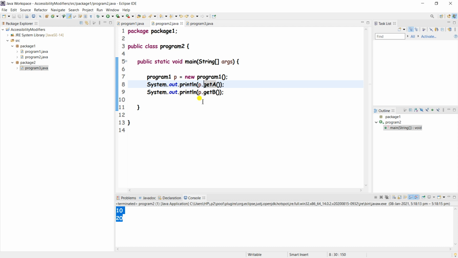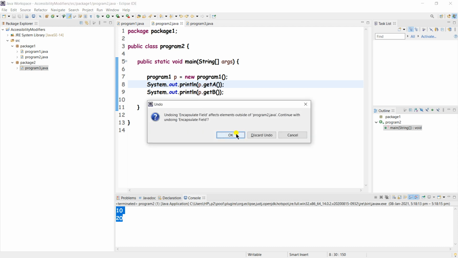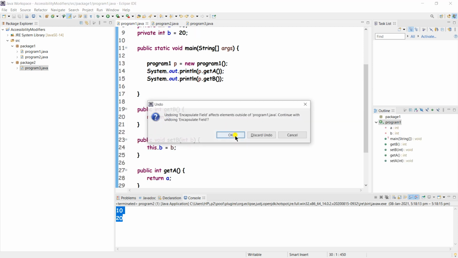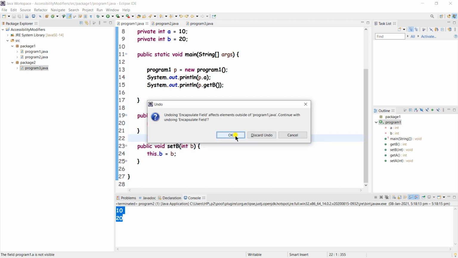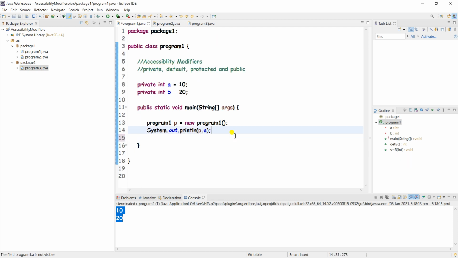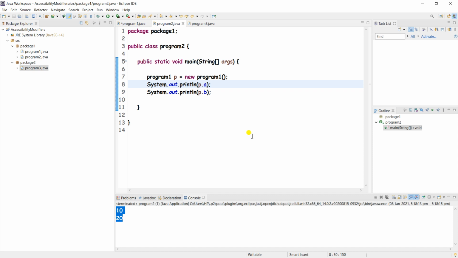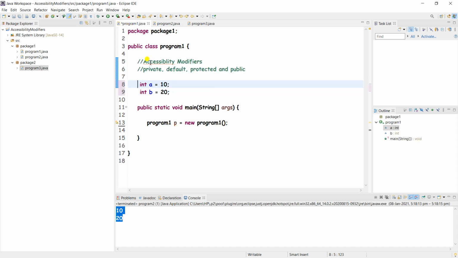So okay, I will press Ctrl+Z, wait, I will undo all these things, because we have to perform other operations on these variables also, right?